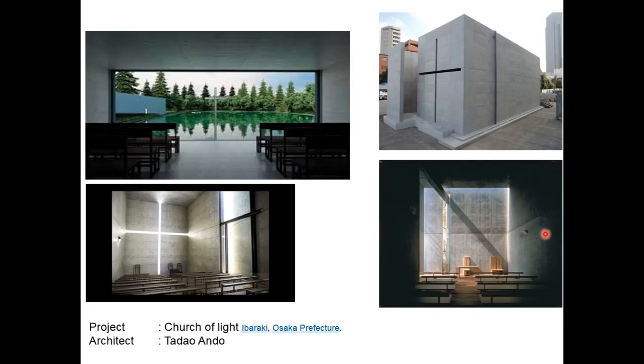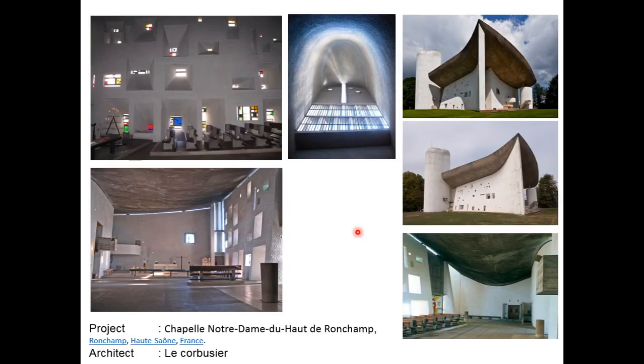You can see this is a very interesting project called the Church of Light by Tadao Ando. You can understand the amount of large windows used here, and it's actually in Japan. I think it is in the northern hemisphere. Maybe like what type of light is required, he has given the light also. The element of reflection is also considered, how it is reflected by means of material. So it's a very interesting project which you must go through. It's done by Tadao Ando.